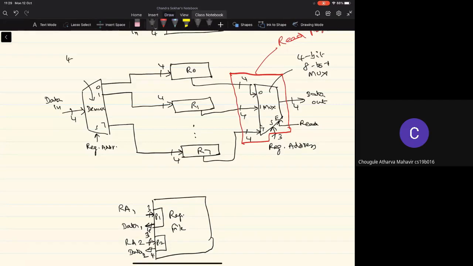It's again a 4-bit 1 to 8 demux. Where will the outputs of the demultiplexer be connected to? They will be connected to the D inputs of the flip flops.